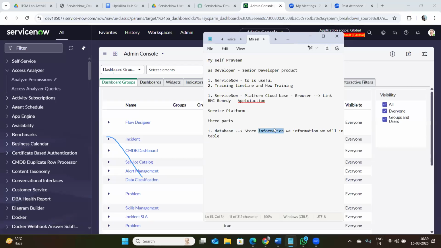For example, if you log into your Zomato application and create an account, then automatically the data will be shown to you, right? It means it will appear to you. Similarly, ServiceNow also stores the data in tables. I will tell you what this table is and everything. The second one is